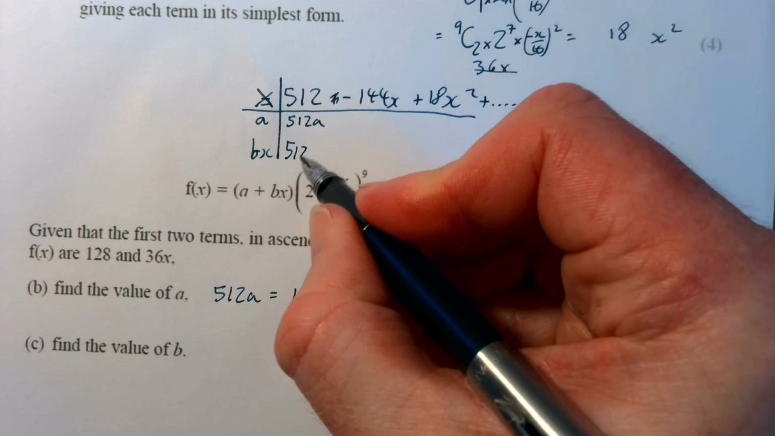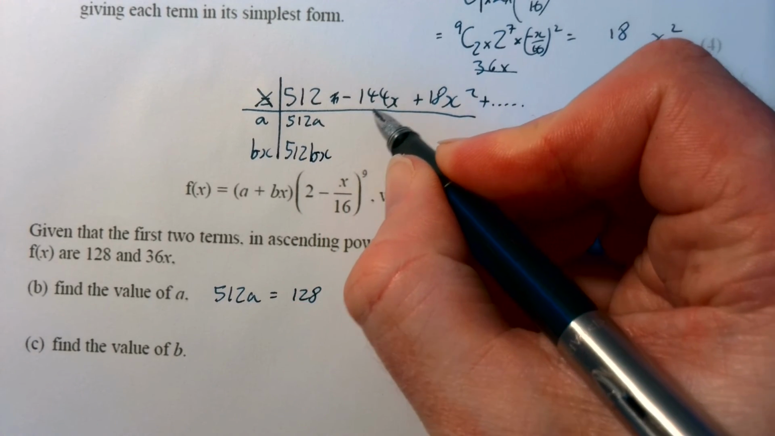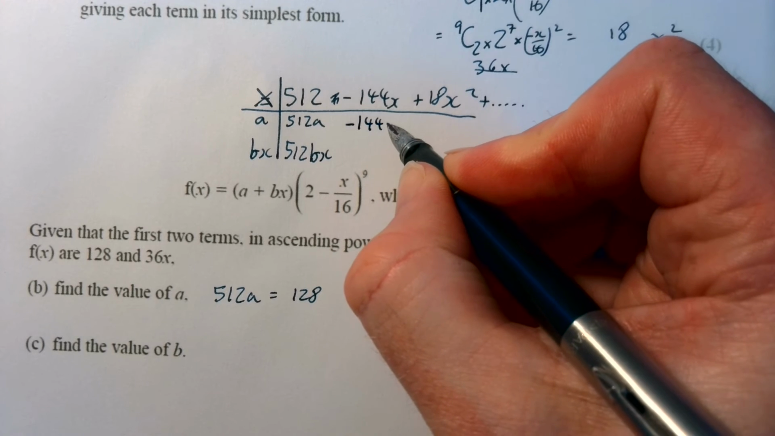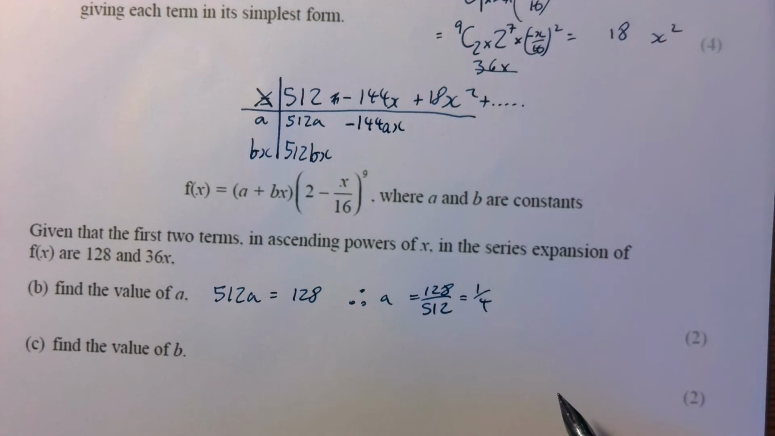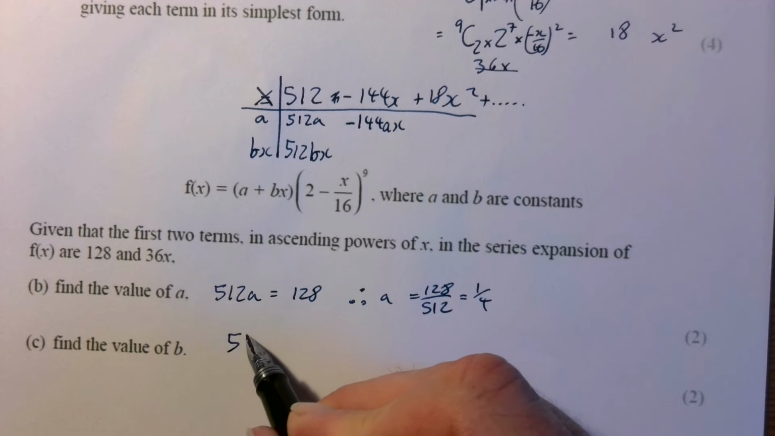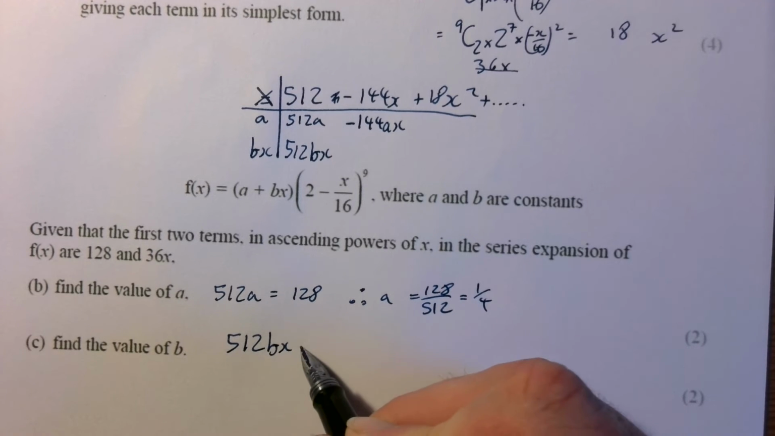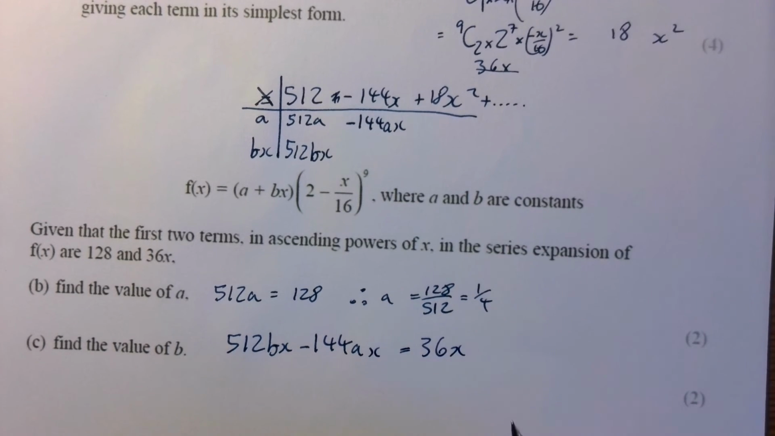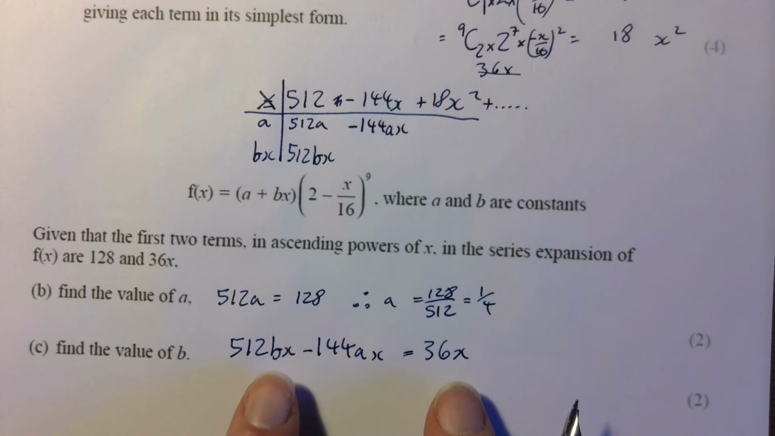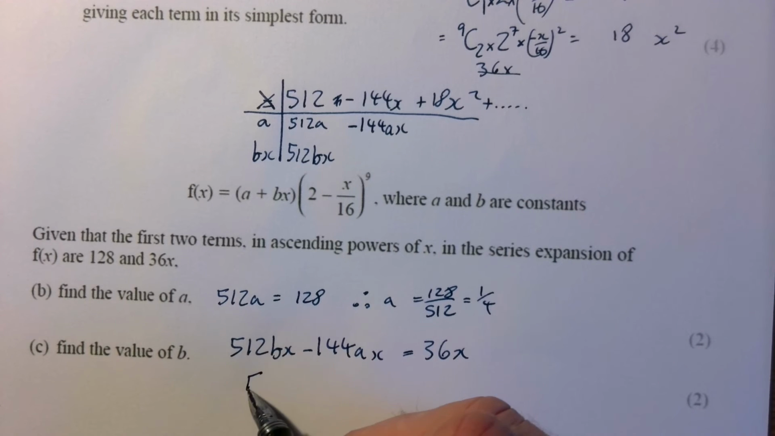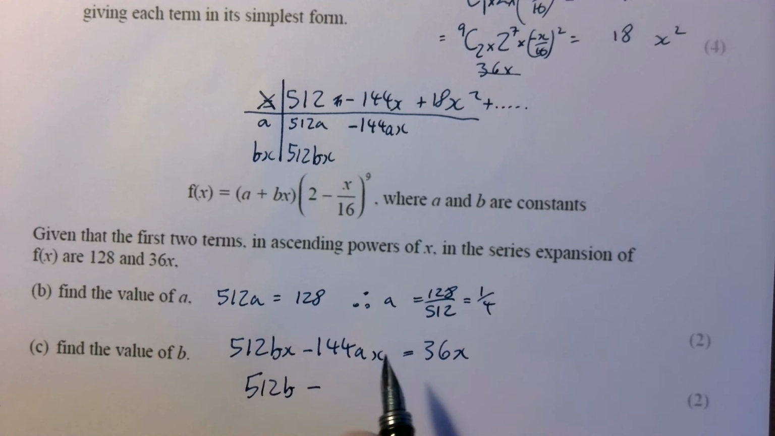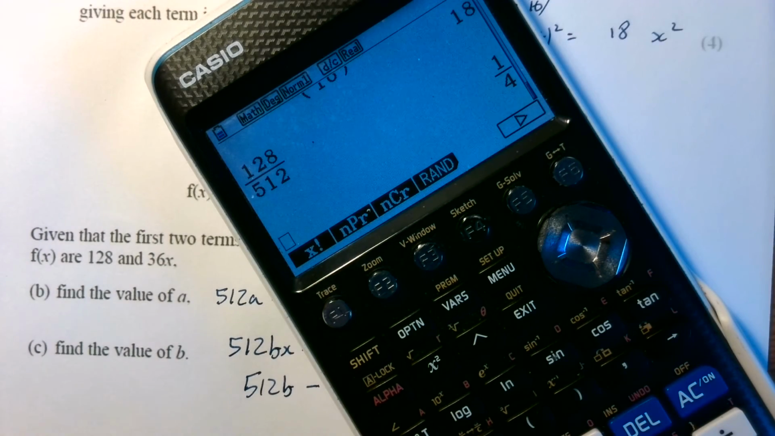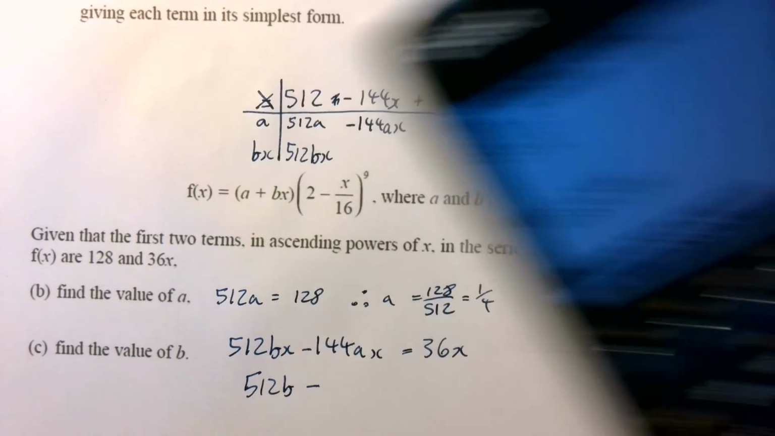We've got 512bx, and we've got negative 144ax. So what that means is, if I write that out, 512bx take 144ax is equaling 36x. I can take out the factor of x all the way because it's in everything, divide by it all, and I've got 512b take. Now I know that a quarter is a, so 144 times a quarter, let's just do that now, is 36,